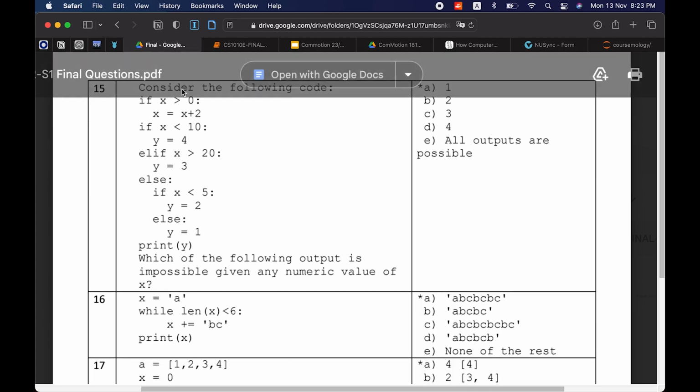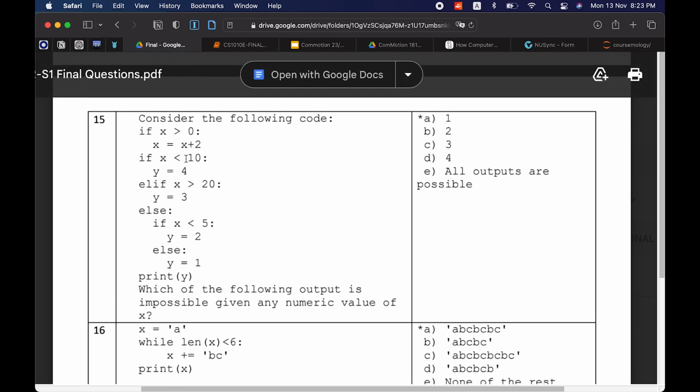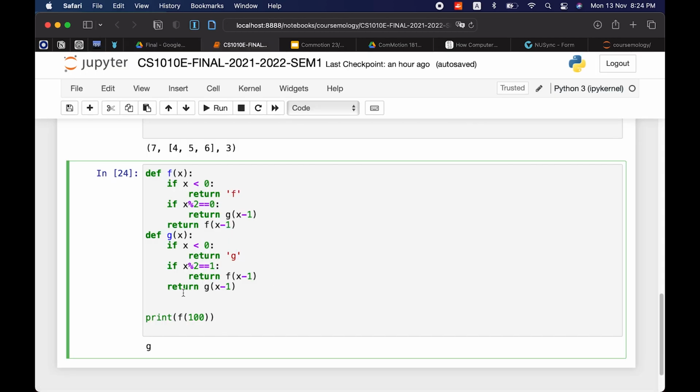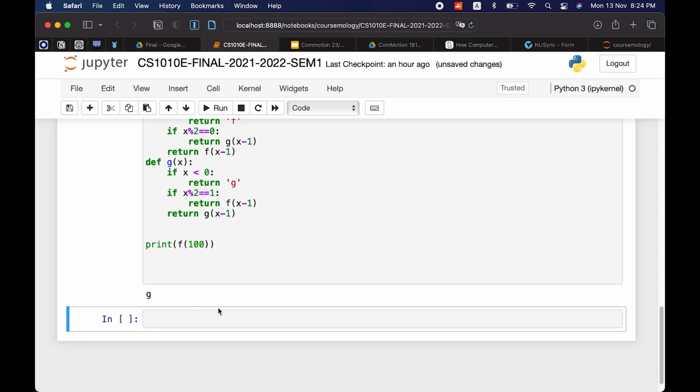So now we have the following code. X is more than 0, x possible. Okay, so this answer is actually wrong. Because notice, right, the answer written down is wrong.